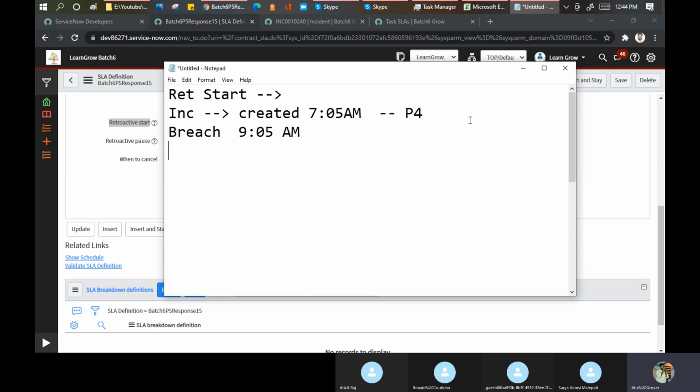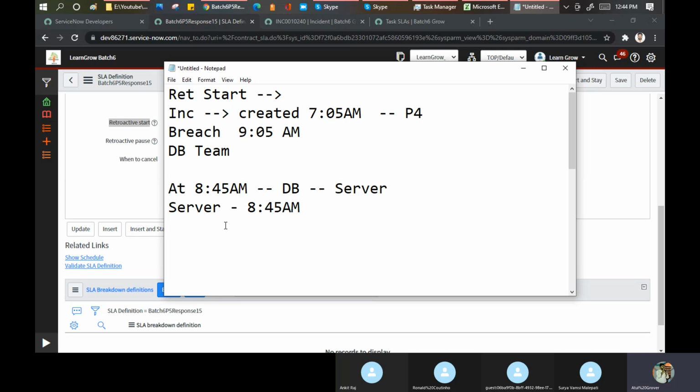Let's take this example. It has been assigned to the DB team. At 8:40 AM, the DB team says it is not my issue, and they assign the issue to the server team. The server team accepts the ticket at, let's say, 8:45 AM only.